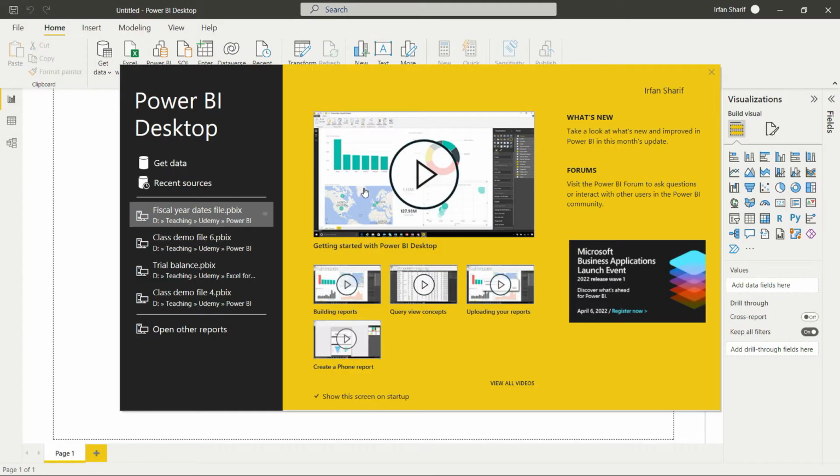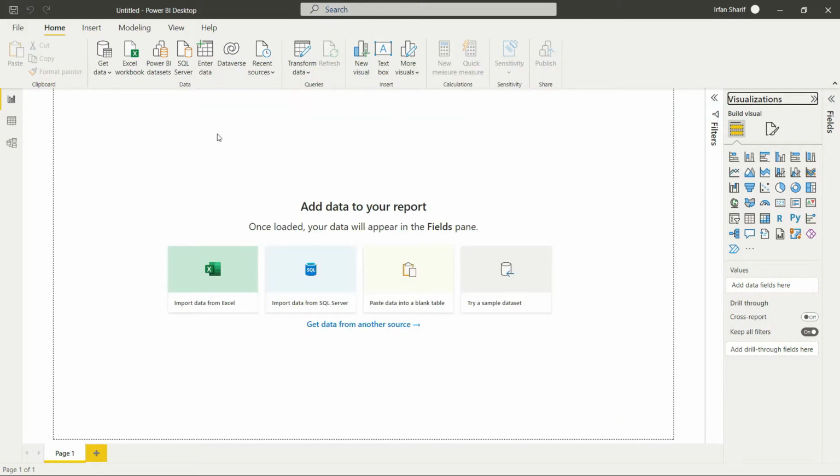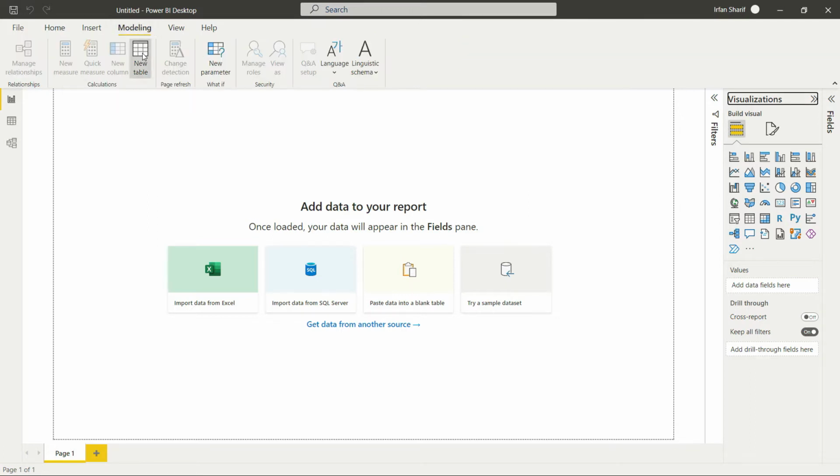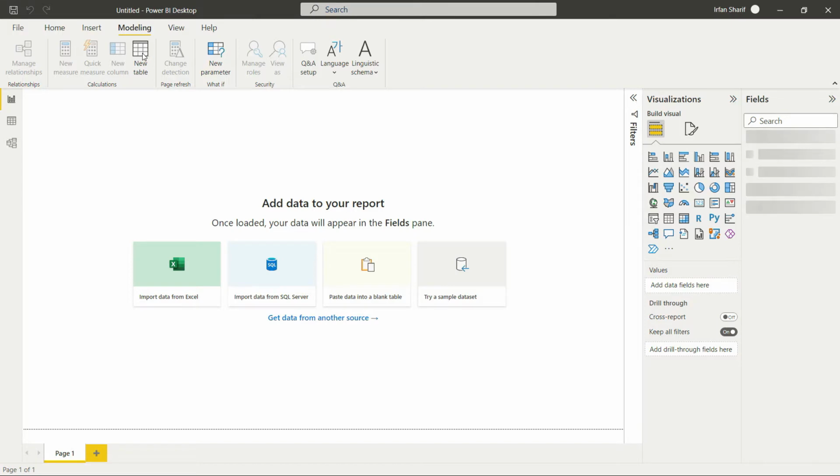So I am in a new Power BI file now. I will close this window. And now the first thing that I want to do is to add a new table in this file where I will define all my dates. So I will go to the modeling tab and I will say, please add a new table. And in that new table,